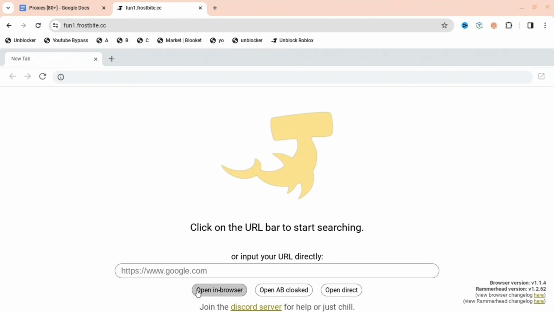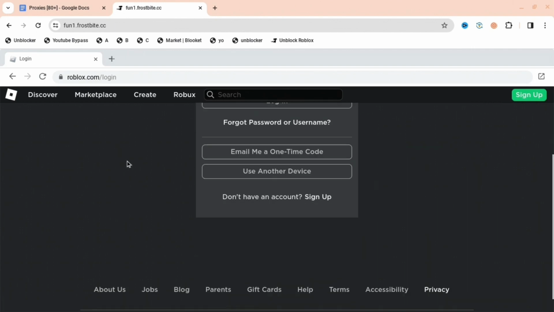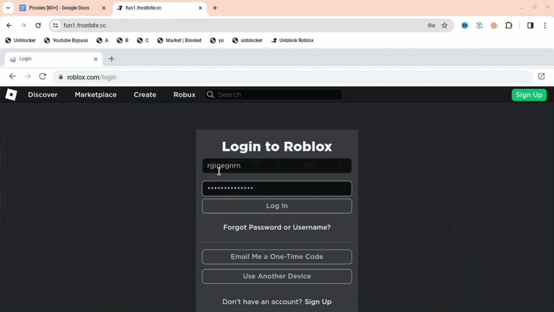When you are here, you're going to want to go to the bottom part, input your URL directly, and do roblox.com/login. And then when you do that, you can see these three things at the bottom. You're going to want to press open in browser. When you do that, you'll be redirected to this, do your thing, and yeah,